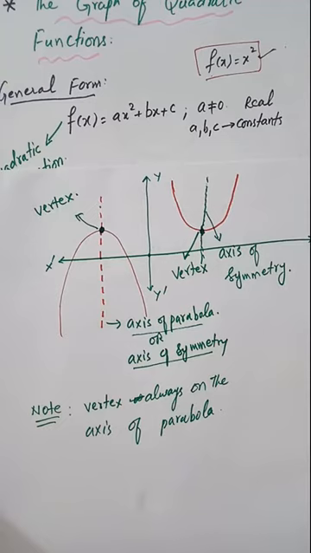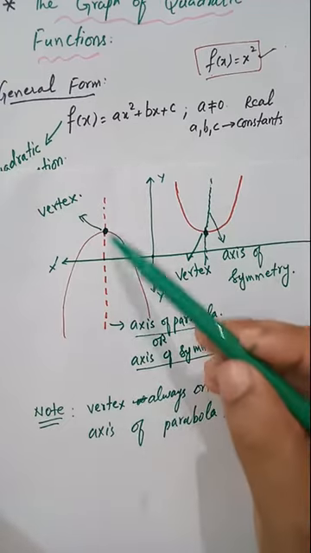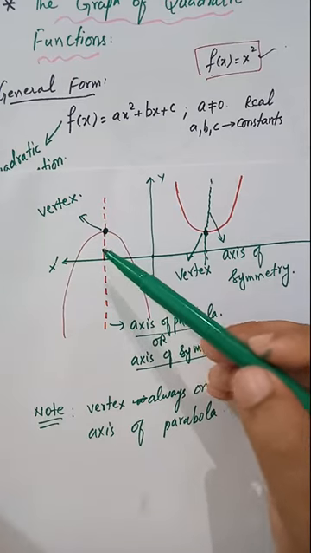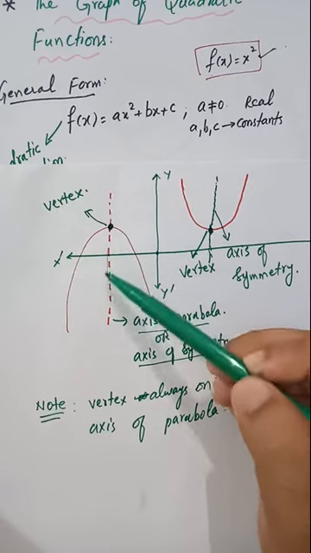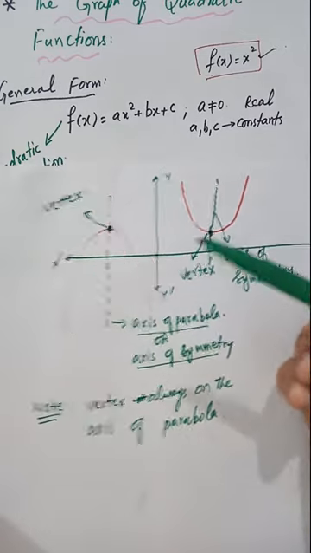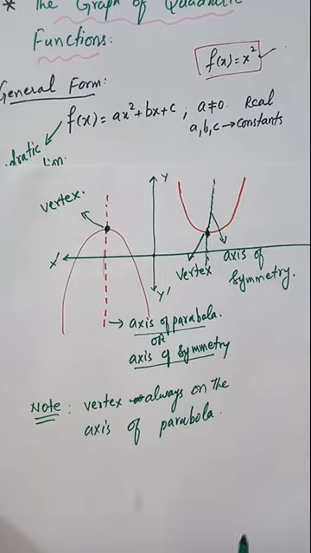The axis of the parabola will always pass through the vertex of the parabola, and through this vertex this dotted line, which is the axis of the parabola, will always pass. Okay, now